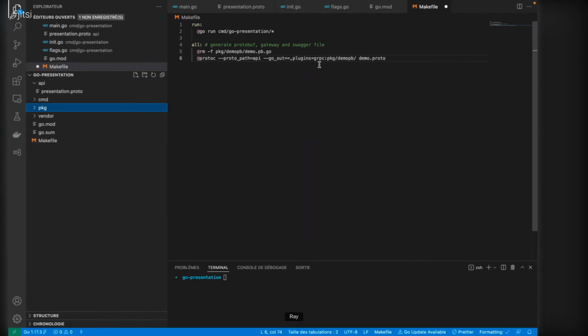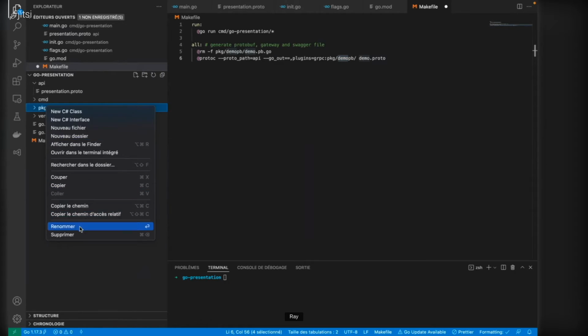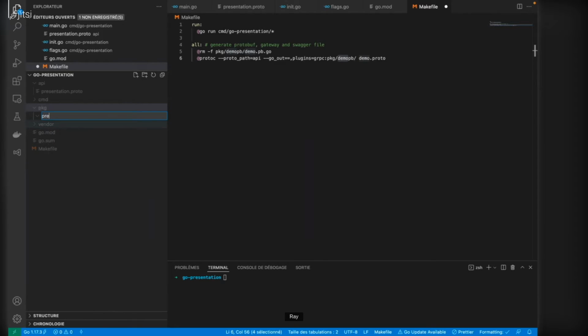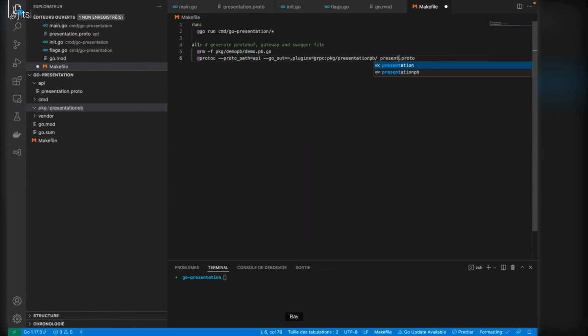pkg. I will create a folder in the folder pkg, another folder, presentation pb, and I will use the presentation proto file, which is placed in the API folder.